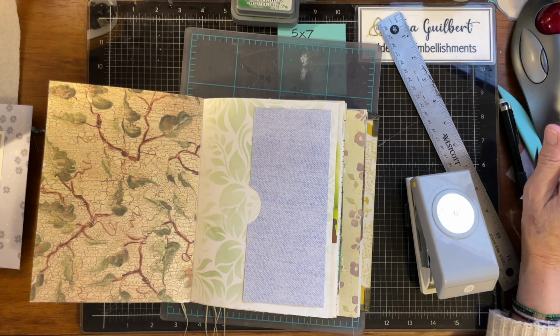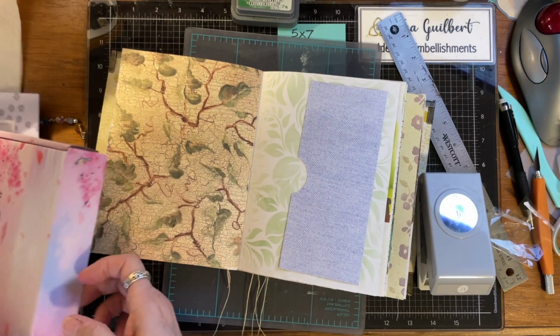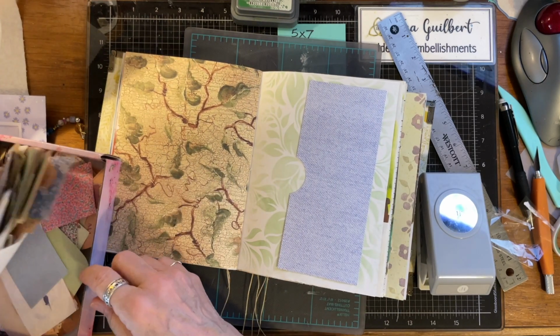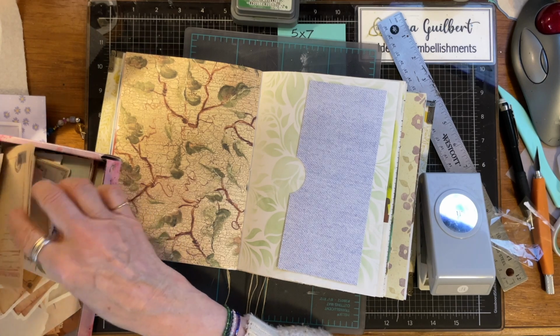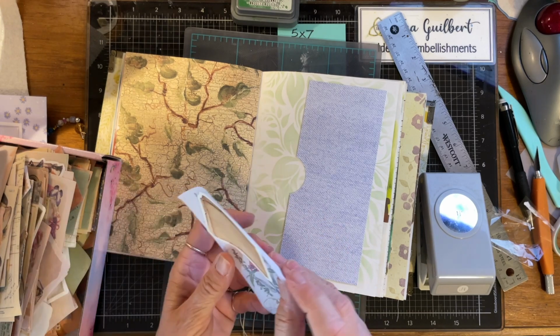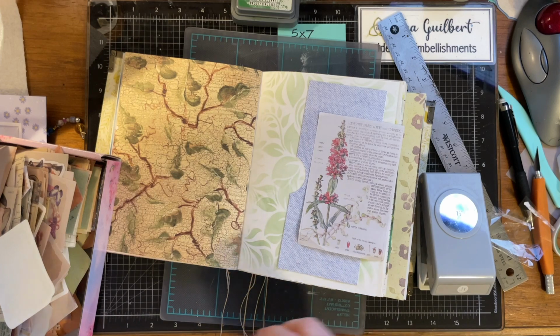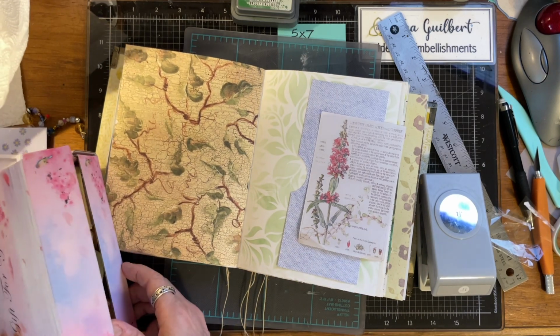Now this is just, oh, you know what? I do have these papers, but I don't know. I don't think any of them are long enough. This one might be. I don't think that would be pretty. I think I'll use that. And then,